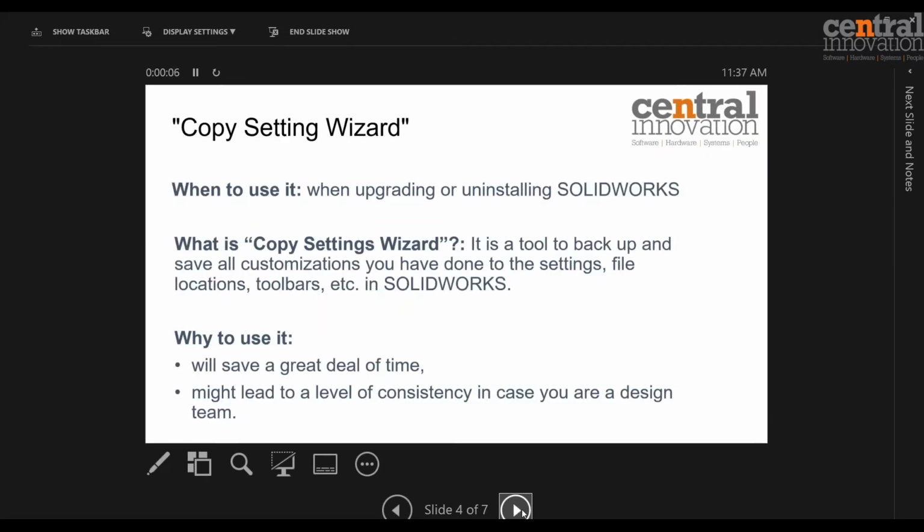So I was talking about the copy setting wizard, where and why we should use it. As I mentioned, as a SolidWorks user, we have a lot of customization within the software. It could be in the settings, in the file locations, in the toolbar. All this customization will be gone as soon as you upgrade SolidWorks to a newer version or you uninstall the software. So this tool can create a backup and save all the customization for us, and we can